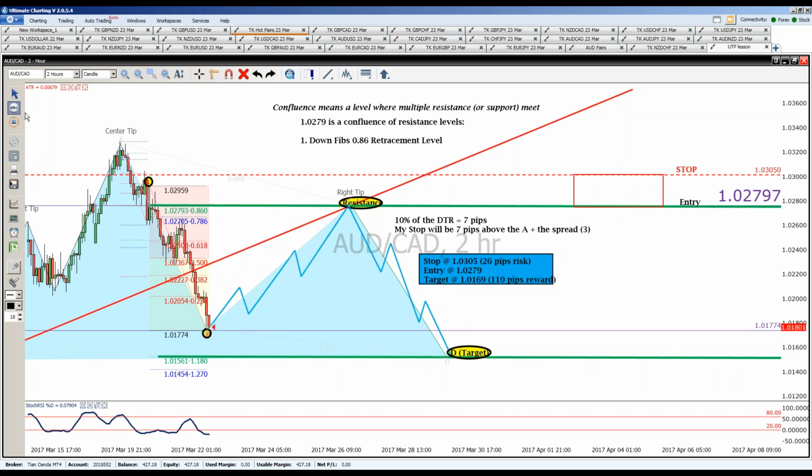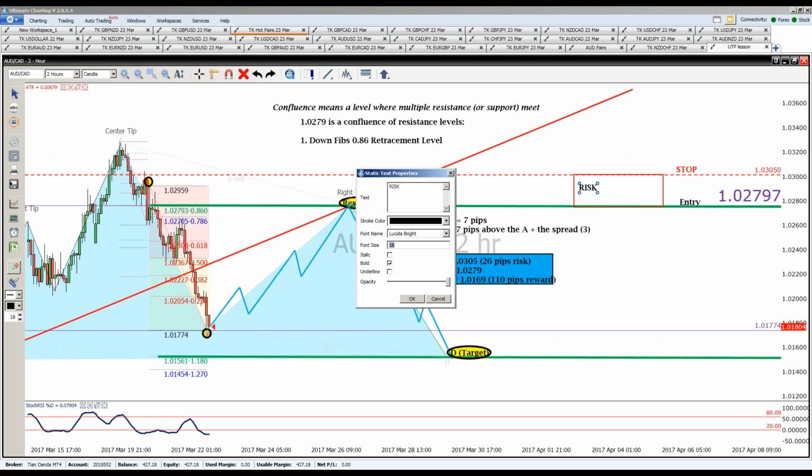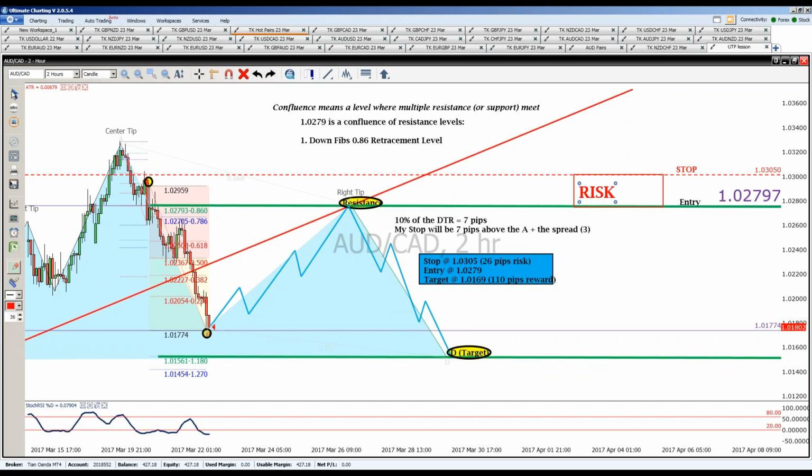That will be the risk. So I'm going to be risking so much to make so much. Oh, and that target is going to be just above the